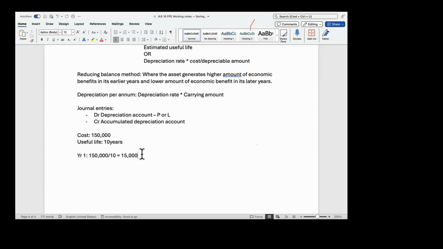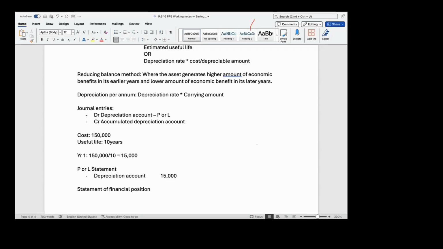goes to accumulated depreciation, which means that in your P&L statement, you have it under your administrative expenses or as a separate line item. Me, when I'm preparing audited accounts for my client, I put depreciation and amortization as a separate line. I don't even lump it up as part of admin in practice. So you have depreciation as a separate line in your P&L. In your statement of financial position,